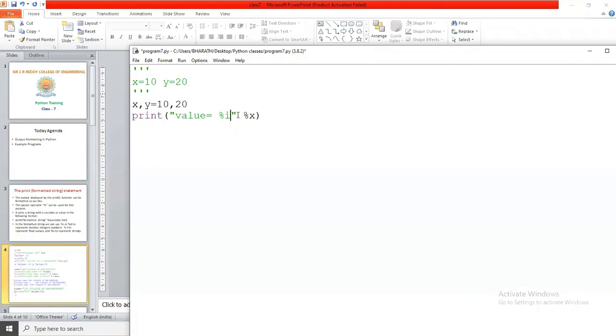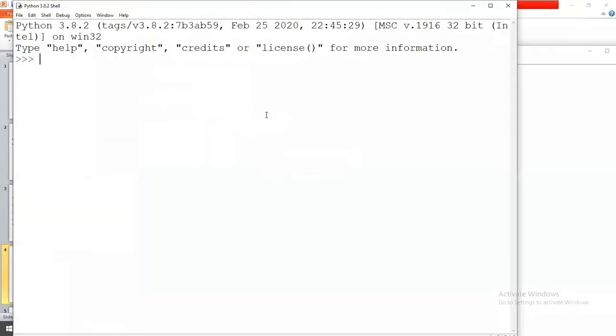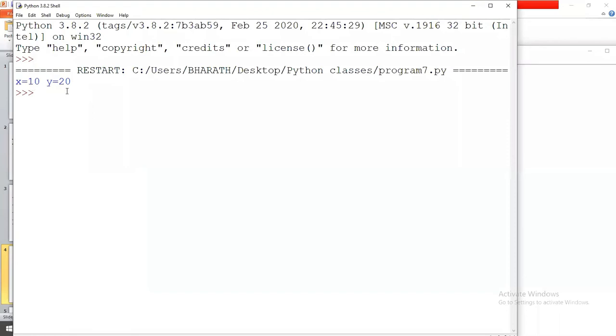Here I give x equals %d or %i, both are same, and space y equals %i. In this format operator we specify x, y. To execute this program, it displays x equals 10, y equals 20.